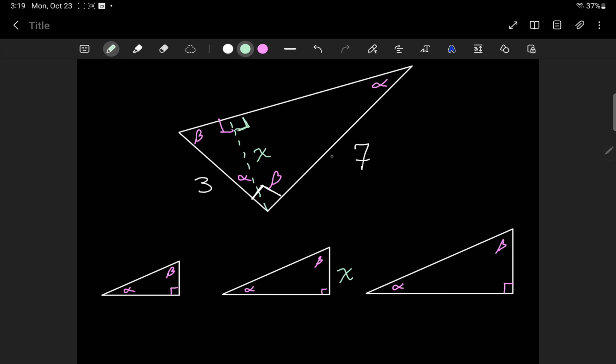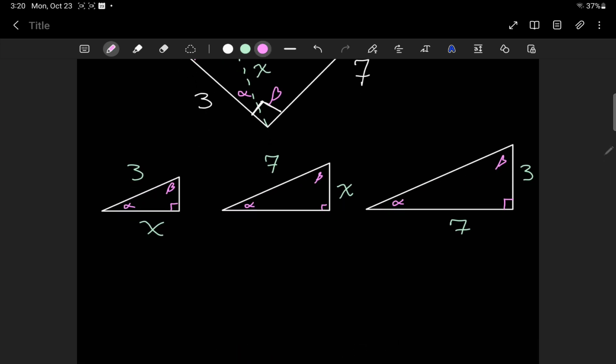So let's see, x goes there. 7 is the hypotenuse of the medium triangle, and it's also this side opposite beta in the large triangle. 3 is going to be this side over here, and it's also going to be the hypotenuse of the smallest triangle, and then this side here is going to be x, and I think that's everything that we can put into this. Okay,